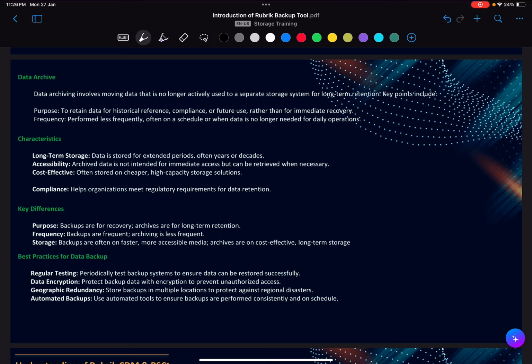And the frequency is very low. Definitely if it is a log backup, it will happen at a certain time every day as per the schedule. But normally, suppose I'm giving you an example, a crucial person was there and he has left the organization, or is going away from the organization. So their data is very important. What people will do, it can't be taken as a backup, because backup has less retention. It can be 14 days, it can be 1 month, or it can be less than that as well. So if you want that data, whether it is for compliance purposes or any future use, you go